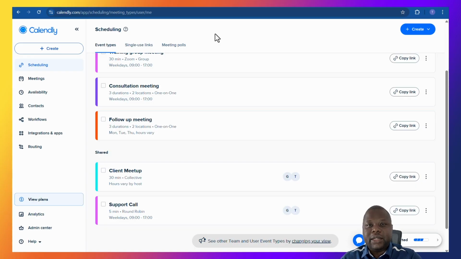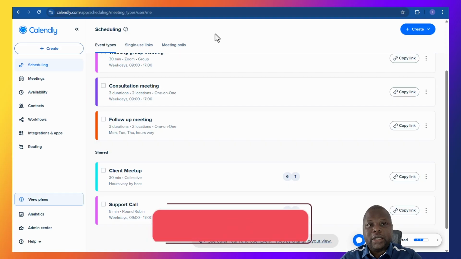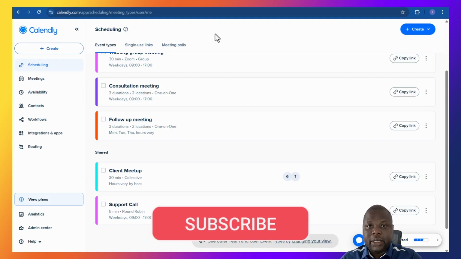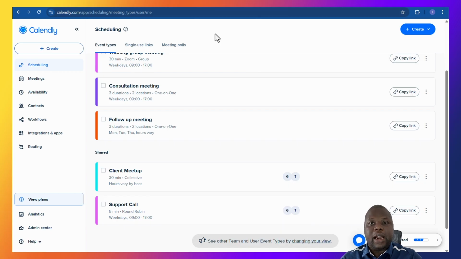Routing is an interesting feature in Calendly. It makes use of logic to direct clients to the correct meeting or to the correct place. It makes use of a form where a client puts in information and then the logic decides where to direct them. I'm going to make use of two examples for me to demonstrate and show you how logic works in